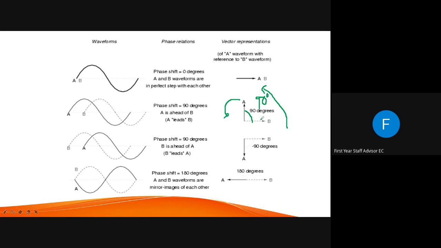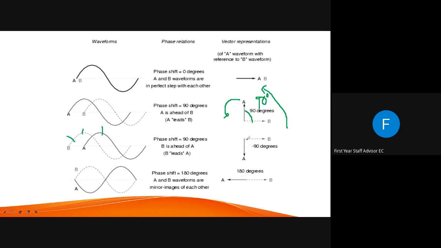Then you can apply all the equations related to vector quantity to find out what is the resultant vector. And see the third diagram where B reaches 90 degree first and then A. That means B is leading, A is lagging. So if you take B as a reference, B is leading. That is correct, right? B is leading.